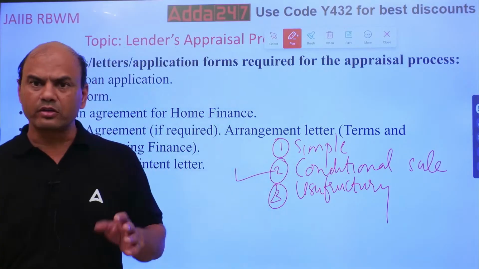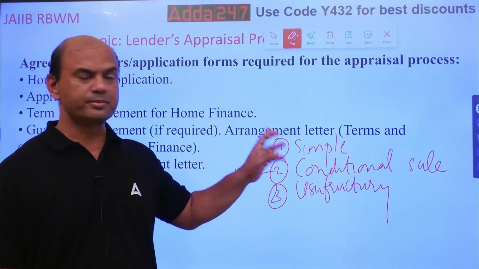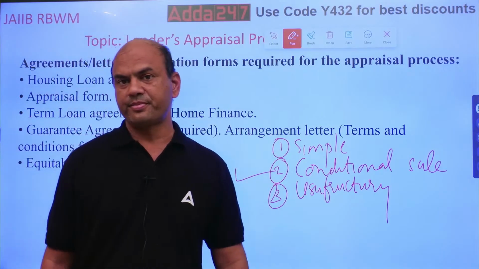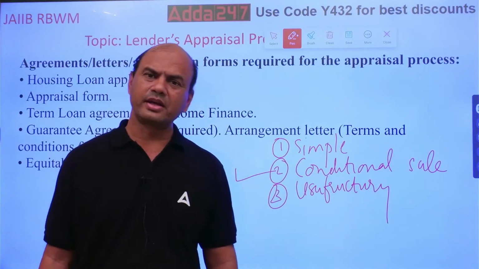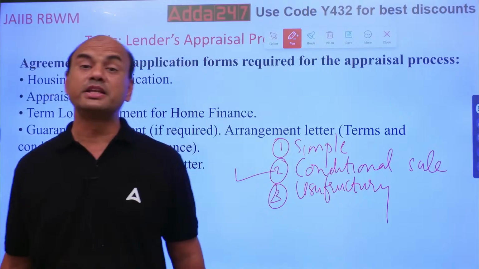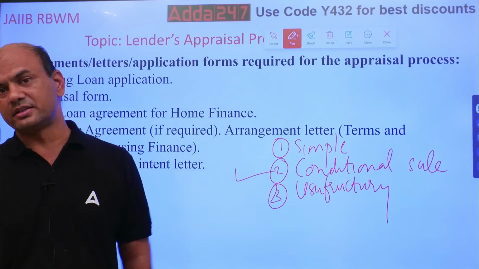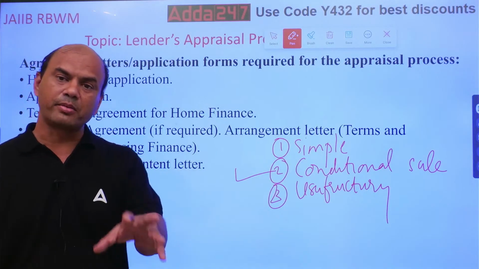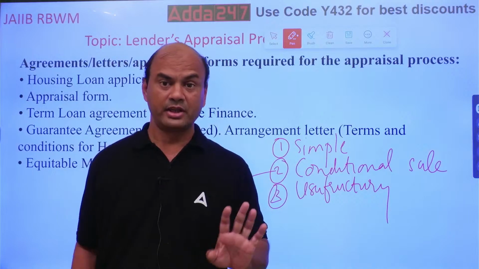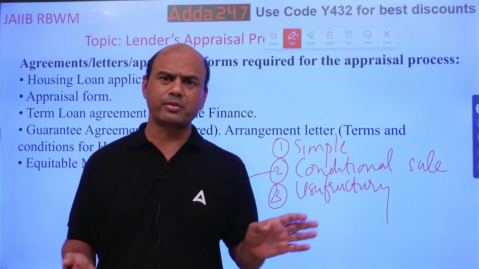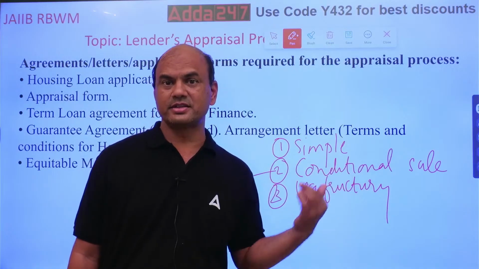Equitable mortgage, bank always does the conditional sale mortgage. It never does usufructuary or simple mortgage. In simple mortgage, everything is done by the court. Kindly note, everything, court. English mortgage, that is simple. Conditional sale means I will take the property in my hand if you don't pay my EMIs. If you pay, then the property is yours only. That is conditional sale.